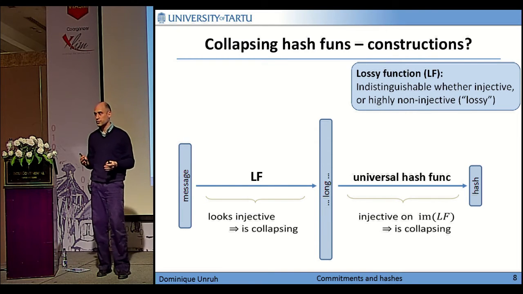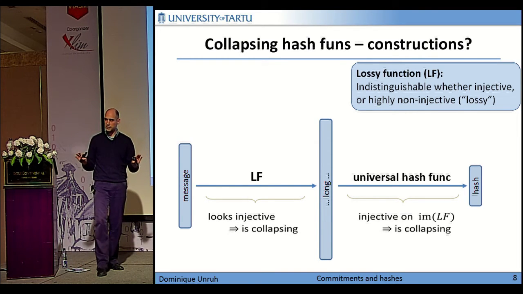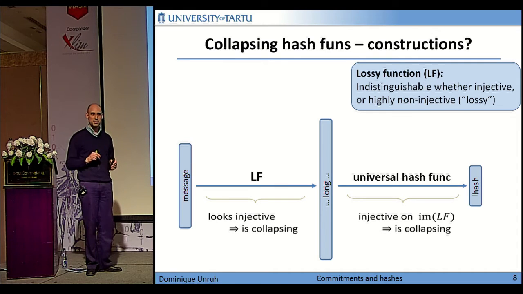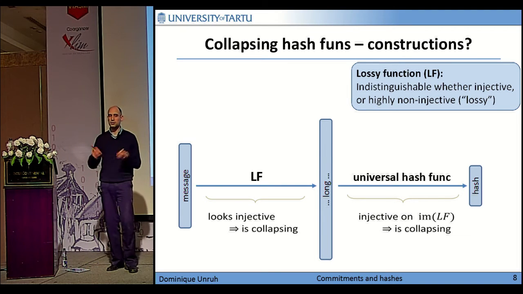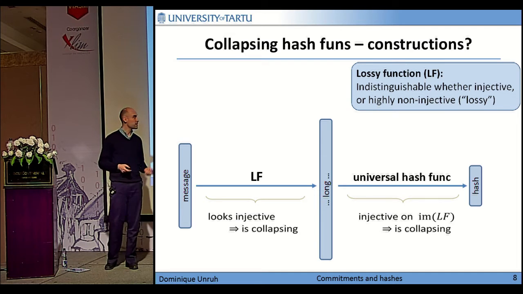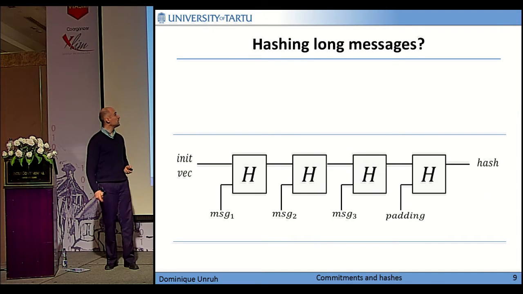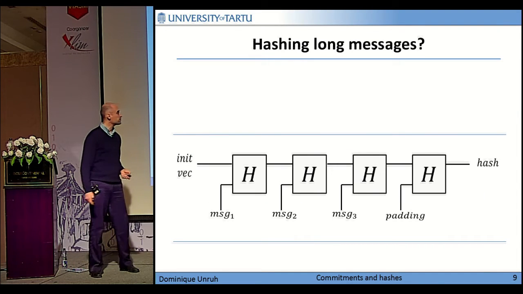So we would actually prefer to have simple computational assumptions, as weak as possible, which means that ideally we will cut off only a few bits, or perhaps half the size, but not make a gigabyte into a kilobyte or something. So what we need to do is to hash long messages.